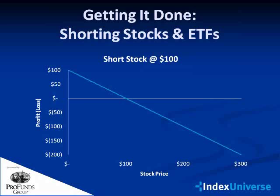You need to locate that stock. You need to borrow it. Now, sometimes that's very easy. Pretty much anybody could short Microsoft all day long. Most S&P 500 names are very shortable. But sometimes it's quite literally impossible. There are many, many securities that are simply not available to borrow. So your universe is a bit limited in terms of how you're going to be able to do that, and